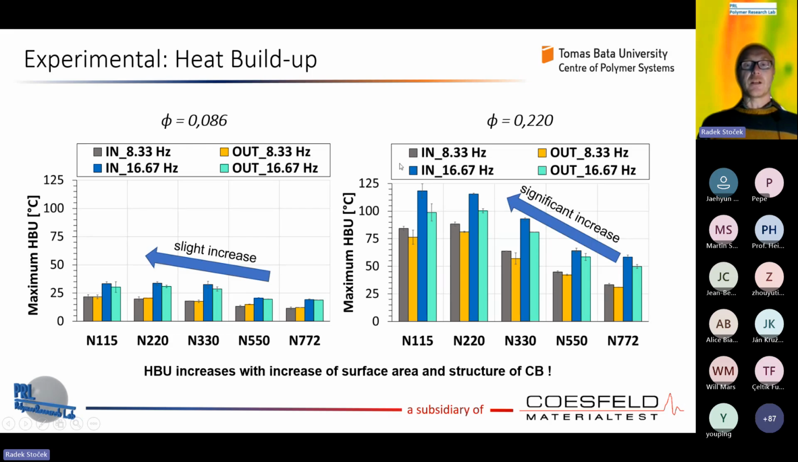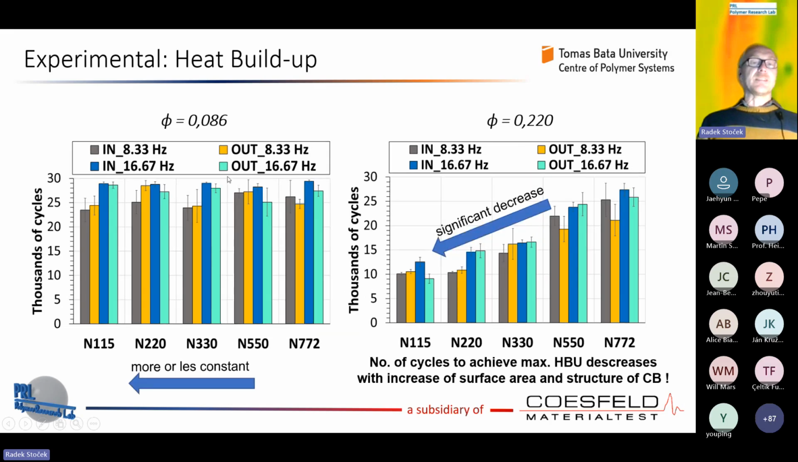You can clearly see we are here up to 120 degrees Celsius and so on. So a very high increase of heat buildup with increasing structure and surface area of carbon black. So there is the opposite trend, let's say, for the number of cycles on which count we really achieve